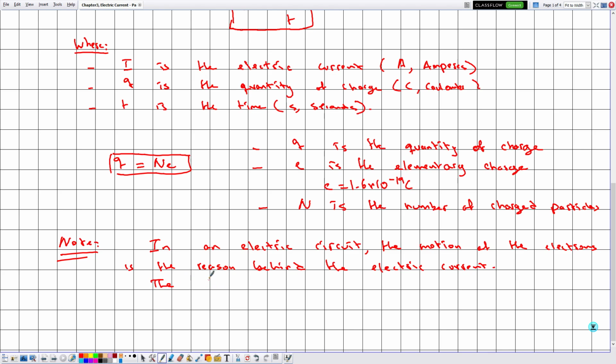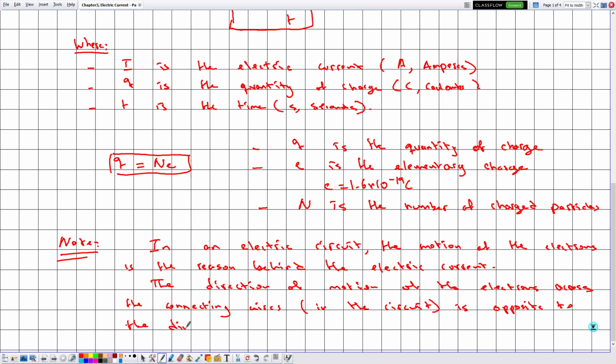The direction of motion of the electrons across the connecting wires, or we can say in the circuit, is opposite to the direction of flow of the current. So always the direction of flow of electrons is opposite to that of the current. Okay,